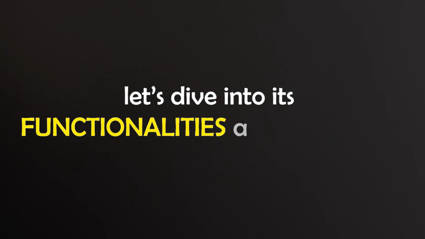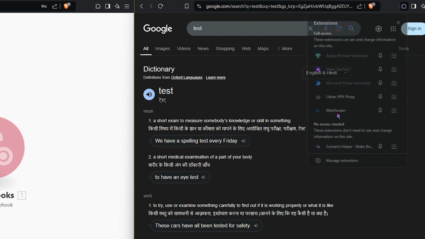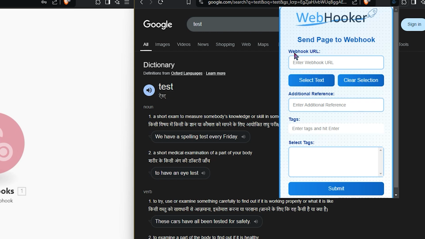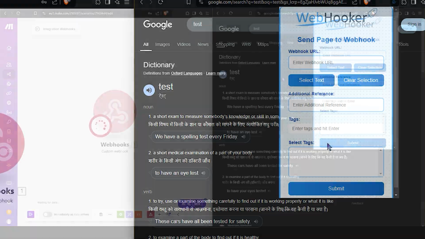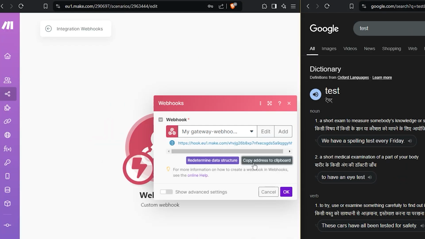Let's dive into its functionalities and use cases. Here we have already added this WebHooker extension in our Chrome. And to activate this plugin, we have to enter our activation code here. This will open an interface like this, where the webhook URL is necessary and the rest is optional. For example, this is our webhook here, and we're copying its URL from here